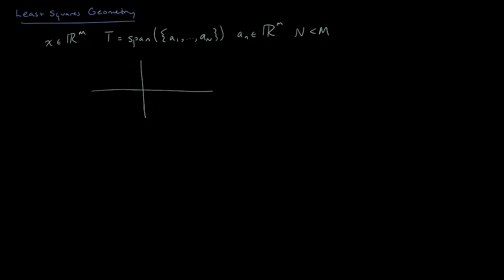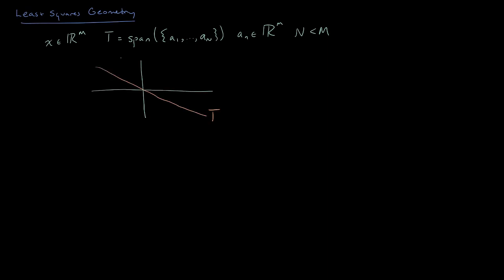This is a problem where we have a vector x that lives in R^m and a subspace T that's just the span of n columns, A1 up to An, where the Ai are vectors in R^m. And n is less than m, so this represents a subspace of the full m-dimensional space. And we can think of T as being some sort of signal model, and we have some vector x,